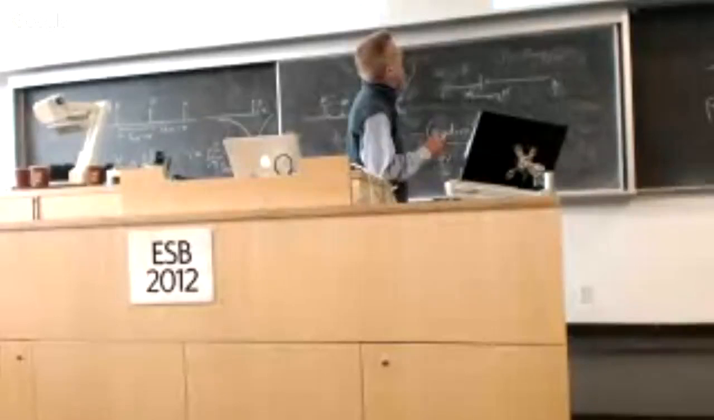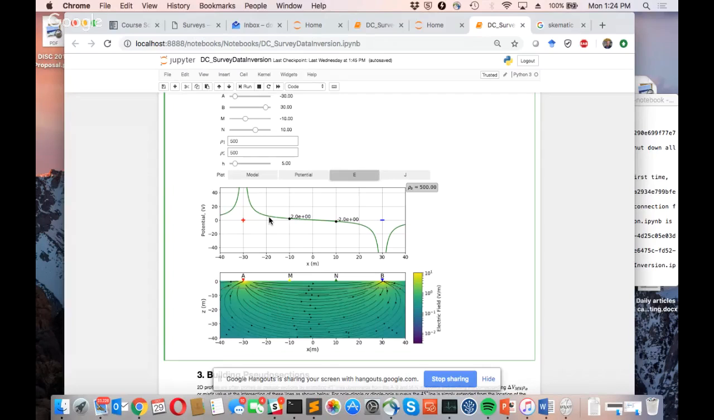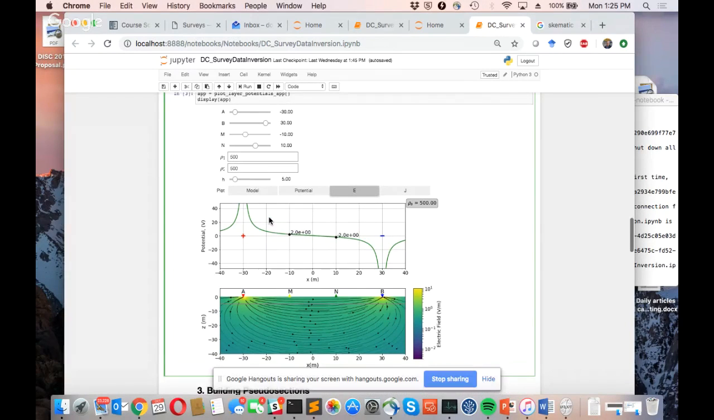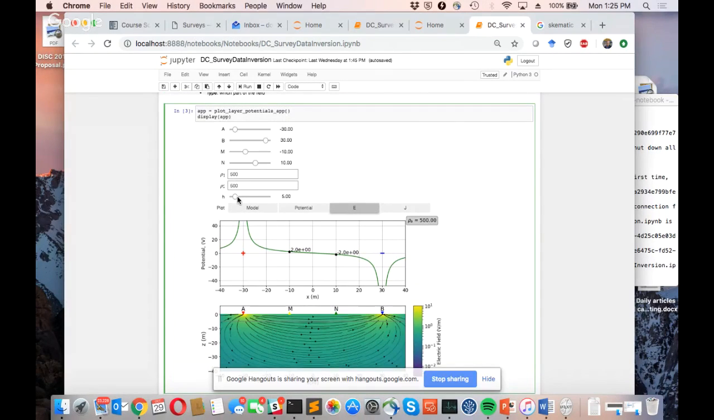I don't know, how thick a layer do we want? This is 40 meters, 5 meters. So we can adjust this. There's this slider bar here that tells us the thickness of the layer. Right now it's at 5, so let's leave it at 5. Okay, what sort of a resistivity would you want? So you're talking about making it more conductive, so